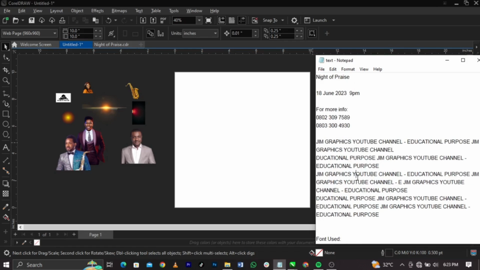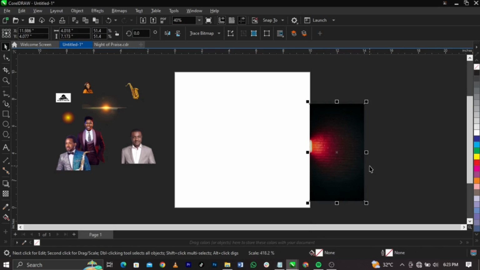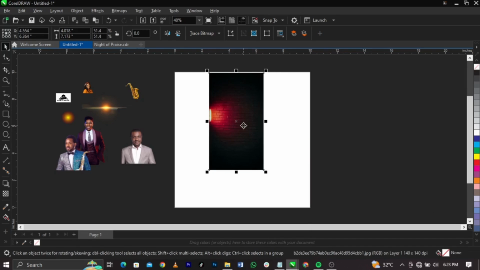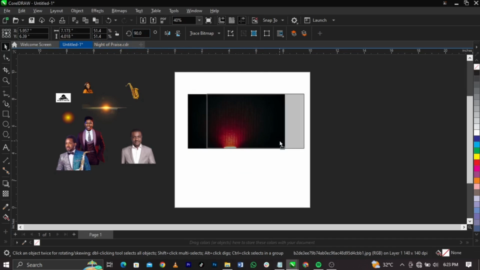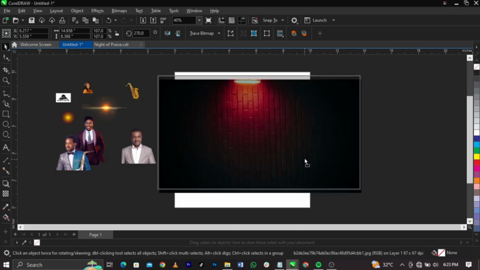The next thing we're going to do is bring in this background. Then I'm going to scale this up this way. Now I'm going to come over to my angle rotation and change this to 90. Then you're going to have this. Then select your mirror tool over here and rotate this way, and make sure you flip it to the right position. Now you can select this node and scale this up this way,